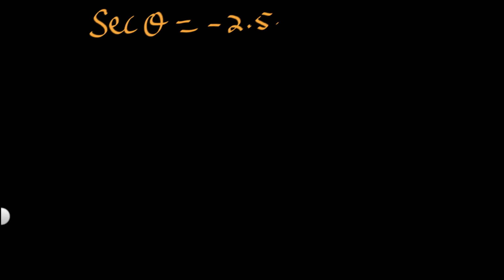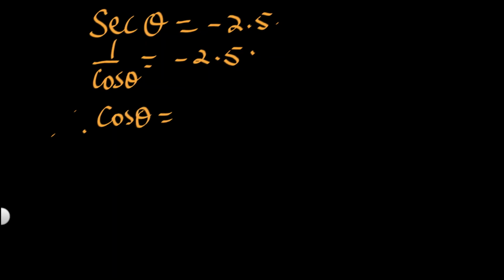We don't have sec theta on our calculators. We have cosine, we have tan, and arc cos, all of that. So the first thing you have to do in this case is to simplify this until it is one trig ratio that we know: the cosine, the tangent, or the sine function. So we know that sec theta is 1 over cos theta, and this equals minus 2.5. This means cos theta itself is minus 1 over